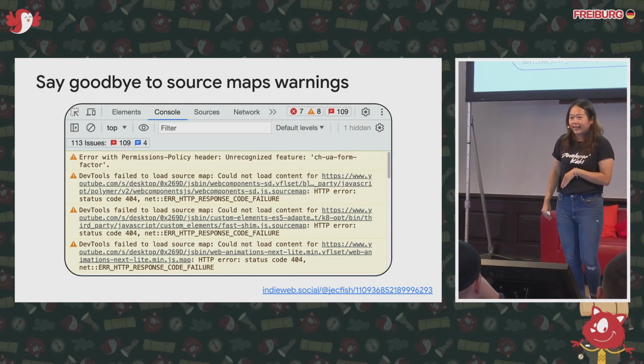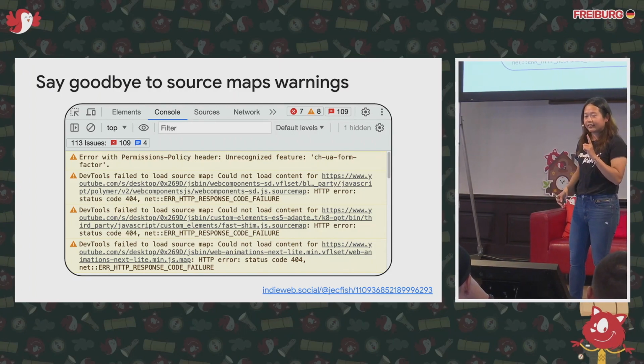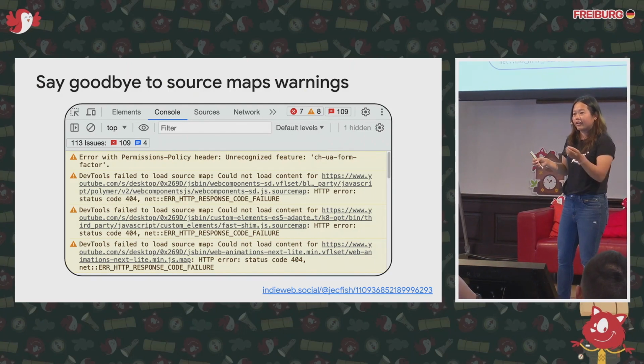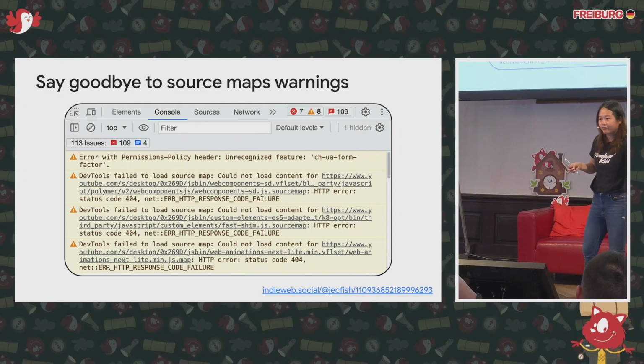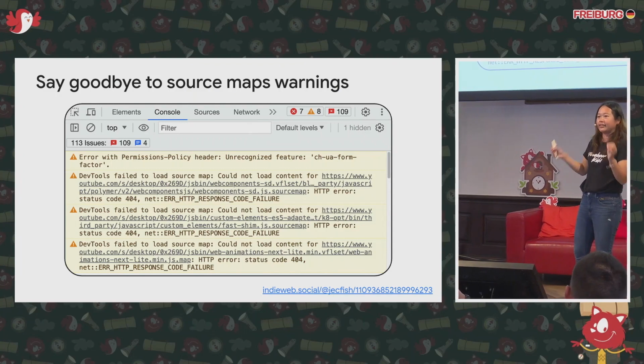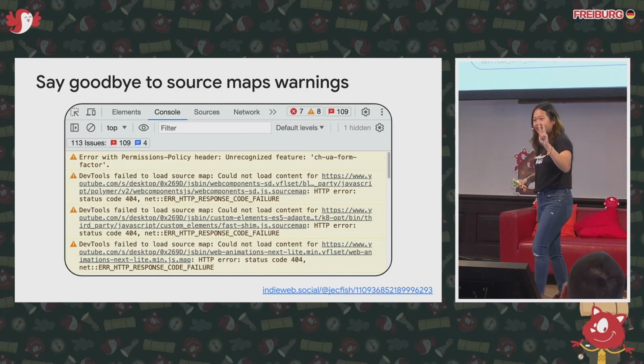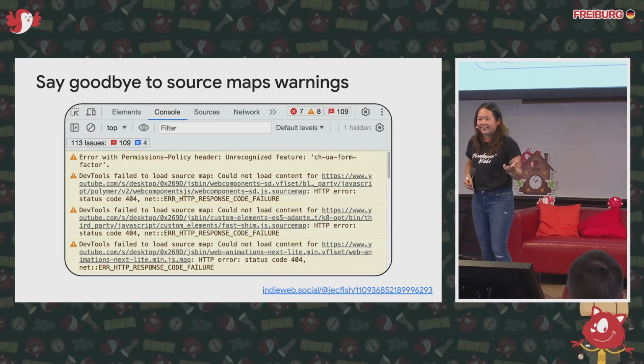But if you do that, well, that's just a one-time setting. Then if you really want to debug your code, you can't really debug it, because we can't point you to the TypeScript file or the original file, since you already disabled it. So don't do that. Go to the second answer. There's a second answer that tells you why these errors happen.